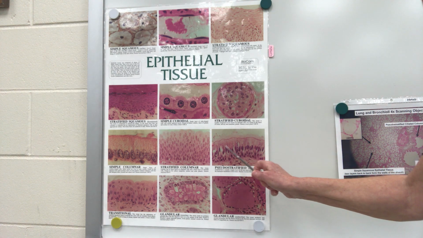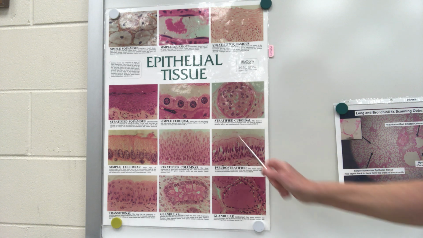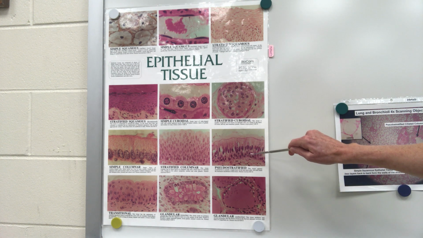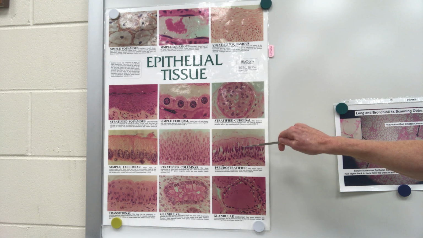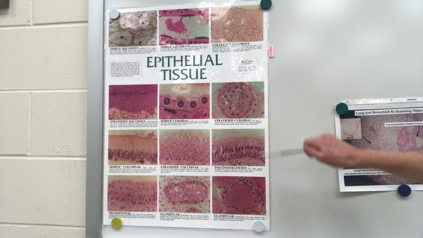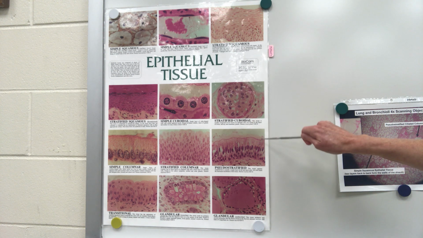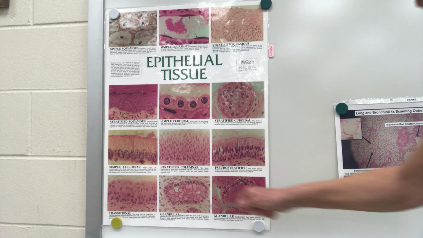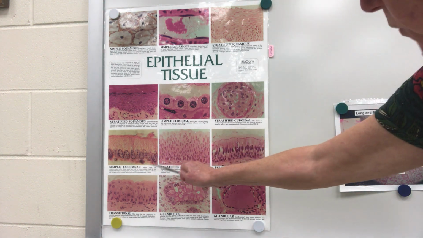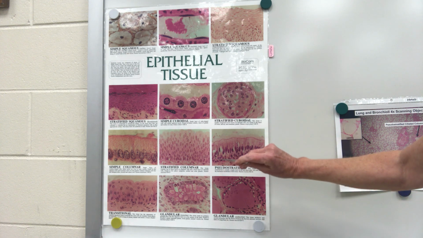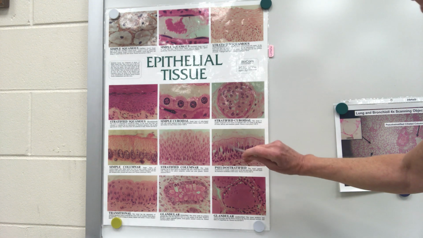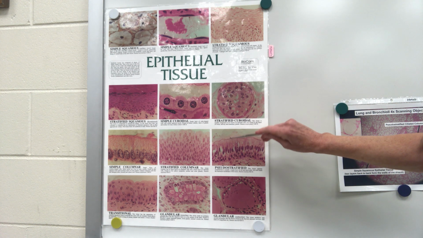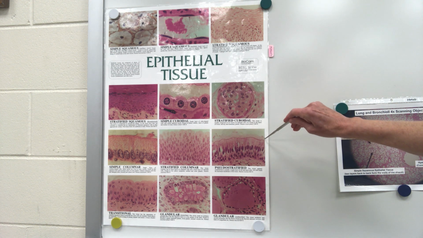We have what's called pseudo-stratified columnar. Pseudo means falsely. So this is falsely stratified. It looks like, by the fact that there are a number of different nuclei here, that there are many different layers. But in reality, the nuclei are not all in the same layer. So some will be in the middle of the cell, some will be towards the bottom of the next cell. So it's not nice and obvious that there's only one layer of cells. In addition, your pseudostratified is all going to be ciliated because it's found lining your trachea. So it'll have these little hairs right here on the outskirts, which will be used to move material by.